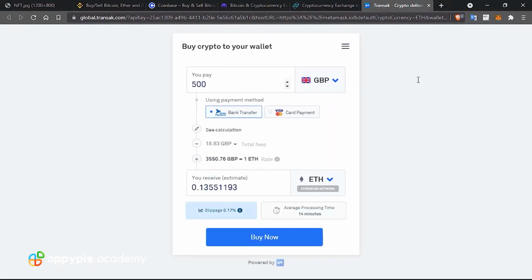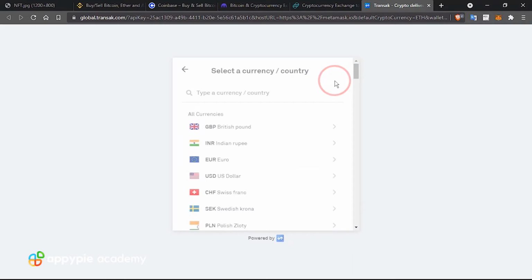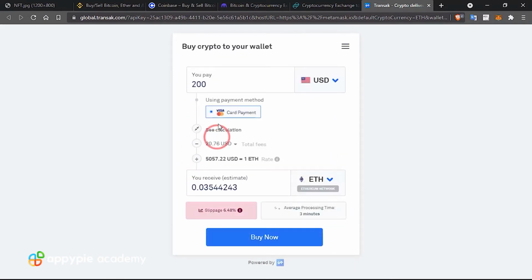So you can see here you can pay using pound sterling or your Indian rupees. So let's select US dollars for right now. And for 200 US dollars, there is roughly the transaction fee and everything included here. So let's see some price comparison as earlier. So having $100, your total fees is